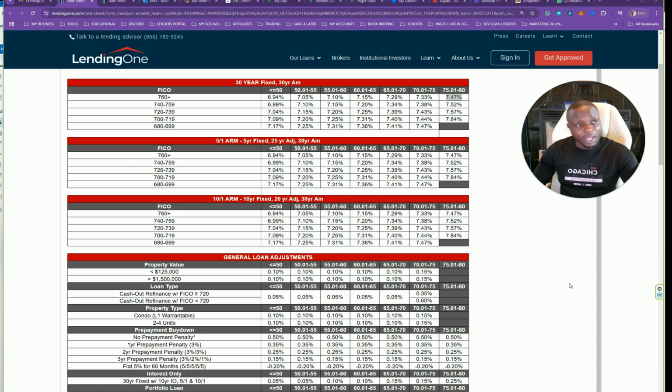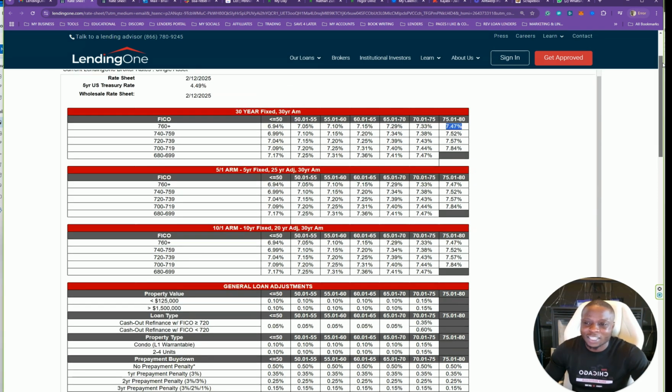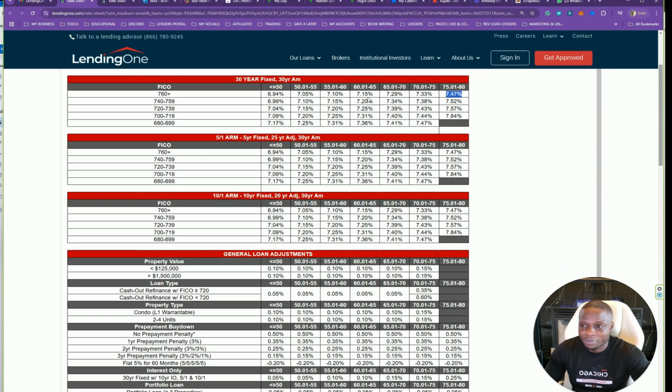Another thing with conforming loans, they're usually tied to an index, like the Treasury, or there's a few different indexes in the UK. I can't think of the names right now, but it's usually tied to an index. With non-conforming loans, they just decide what they want to charge based on risk. They don't have to really. It's not tied to any specific index or anything like that. Some of them aren't, but